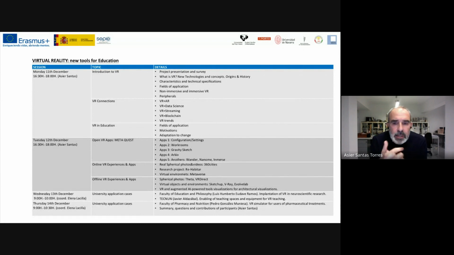We will see applications such as Gravity Sketch or Archeo for objects in architecture or urbanism, and other applications such as Wonder, Nanorm, or Immersed. We will also see how to use spherical photos provided by web pages, as for example 360 cities. We will see a very interesting project called Rehabitat, that is a project of